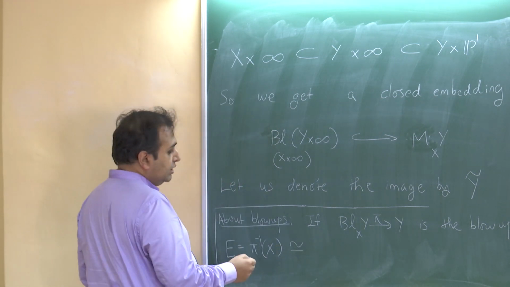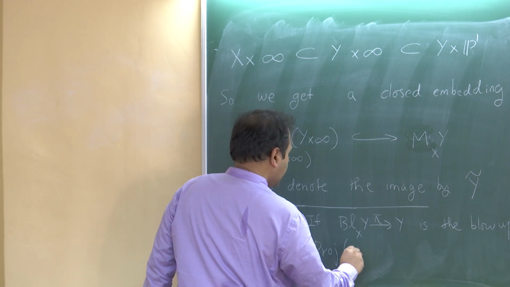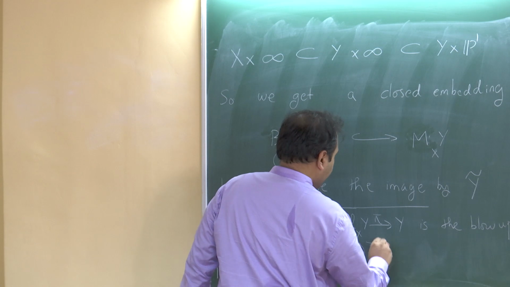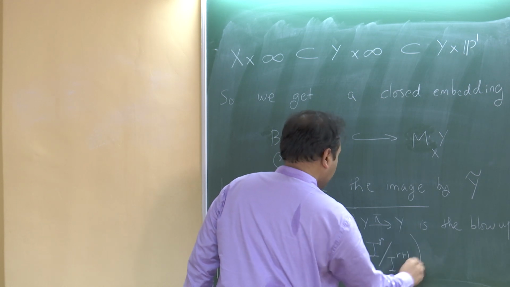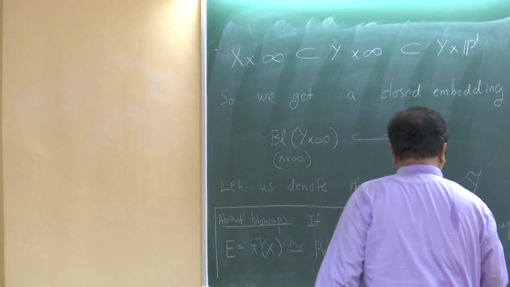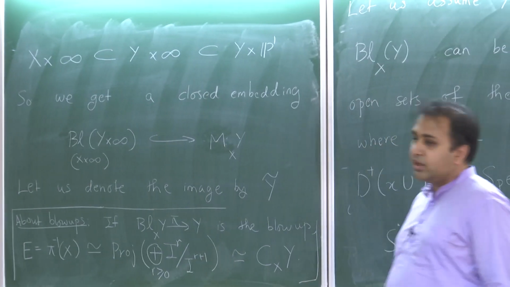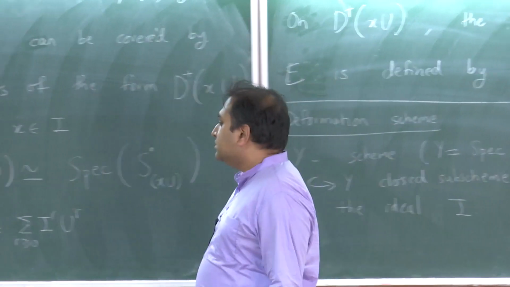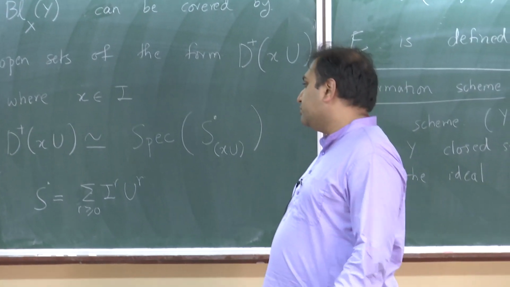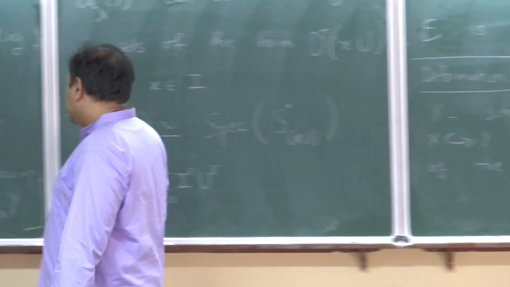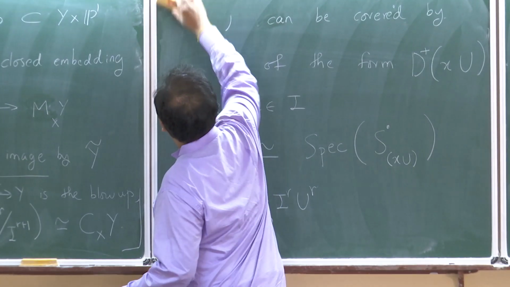So if you write it out, you will see that this is isomorphic to the Proj of the direct sum of I to the r by I to the r plus 1, where r is greater than or equal to 0, which is basically the normal cone. It's unfortunate that I failed to mention this in time. But anyway, this is something that should be familiar. So we know that the exceptional divisor is the normal cone, which is what we wanted. Well, it fits together anyway. It's the normal cone